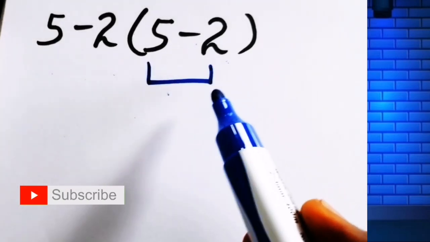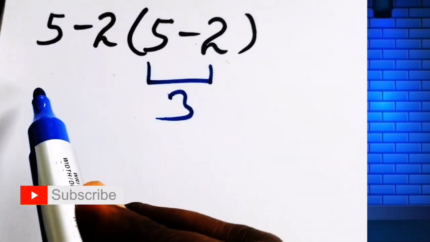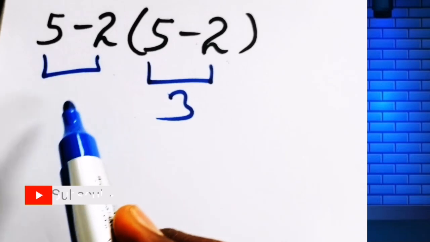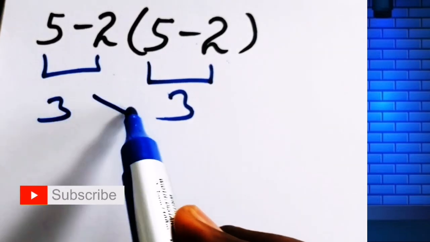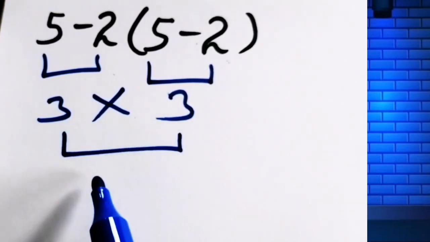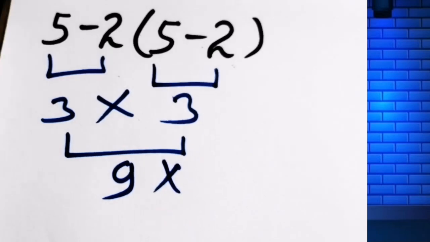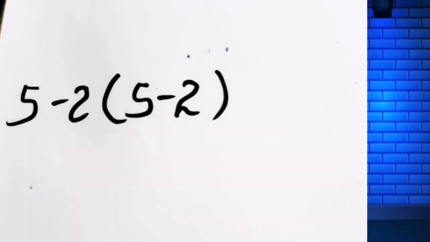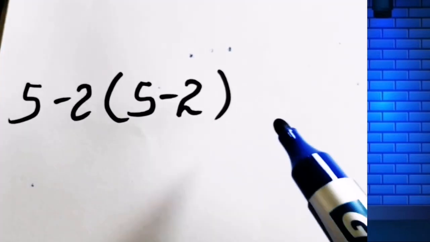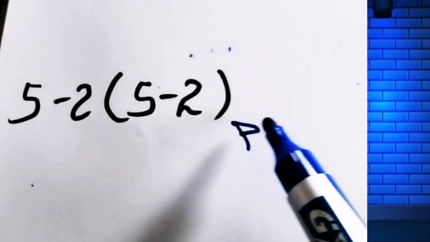5 minus 2, which is 3. And here is also 5 minus 2, which gives us 3. Then 3 times 3, which equals 9. But this is not the correct answer, because according to the order of operation PEMDAS, first we have to do